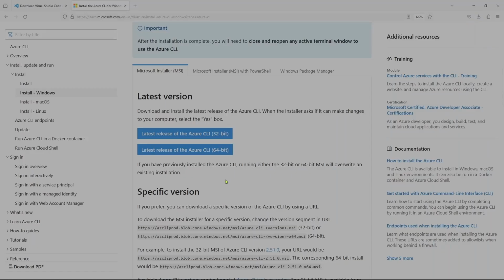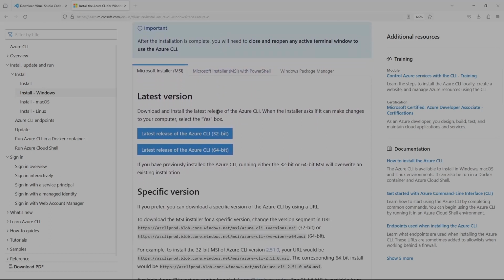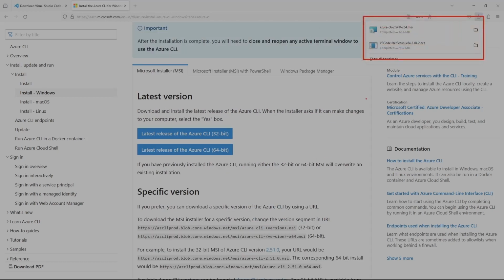Let us now install the Azure CLI. I am in learn.microsoft.com, and there is a link where you can install the Azure CLI. If you browse this web page, you will be able to find the link to download the latest release of the Azure CLI. I'll download the Azure CLI 64-bit and let it download. I can see the file has been downloaded, and